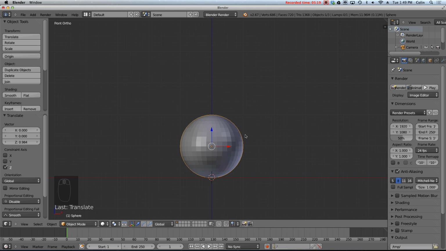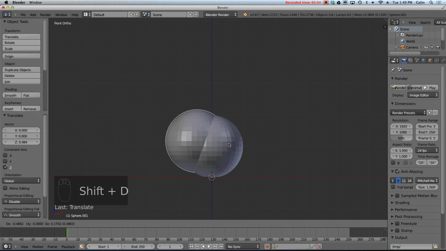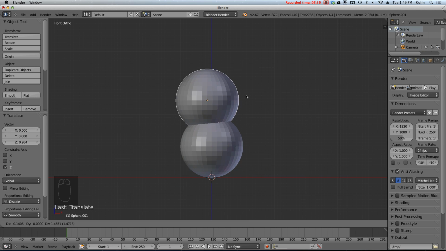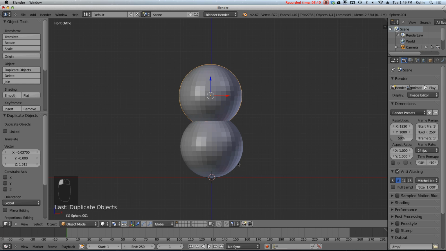Okay, to duplicate an object, there's another keyboard shortcut. Of course, there's a button over here on your tool shelf to duplicate an object, but I'm going to go ahead and press Shift-D with my UV sphere selected, and I'm going to put my mouse somewhere in the 3D viewport while I do that. So Shift-D, and now a duplicate of that mesh becomes stuck to my mouse. So I'm going to put this sphere up here, and click to let it go,